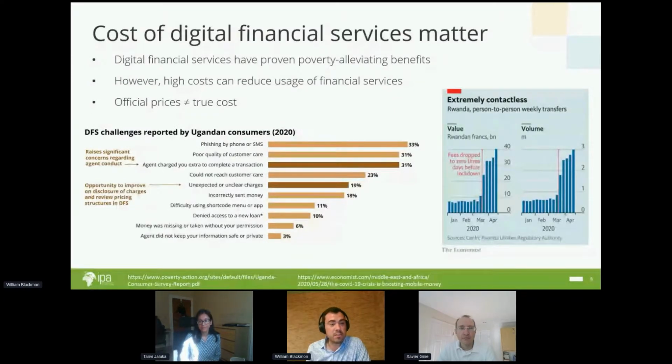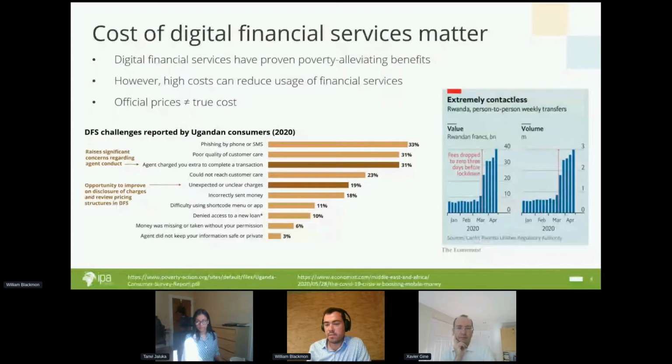that digital financial services have these benefits, for example, through expanding the geographic scope of consumers' social safety nets that they can take advantage of in times of financial shock. They also allow consumers to migrate to urban centers that may have better employment opportunities while continuing to support their families in rural areas. There's other mechanisms, but I think it is well known that digital financial services have these